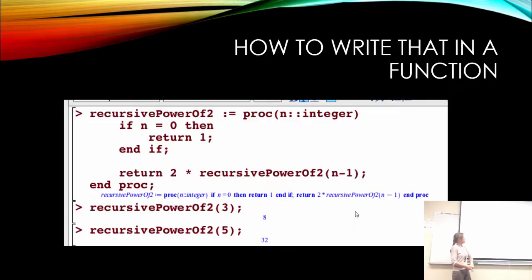So if it needs to reach n equals 0, n needs to get smaller. It can't get bigger. So 2 things with recursion: base case, and your parameter needs to reach the base case.